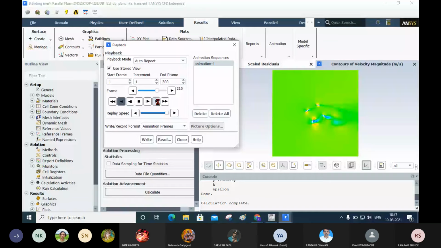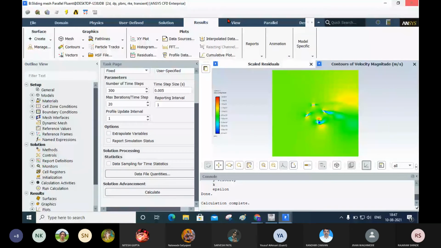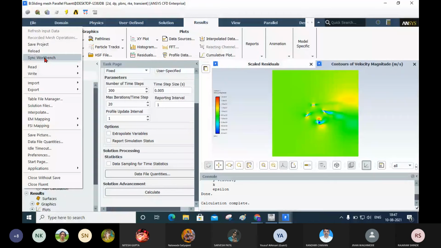I will close it and see one more thing here. If you want to see this animation, you have to create the animation while doing the inputs for this problem, that means in the solution. Now I will save this project,